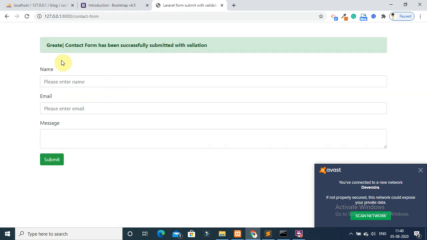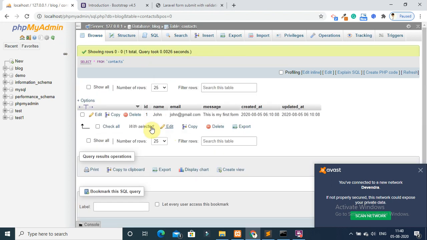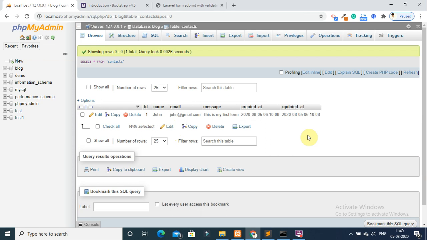Now you can see that great, contact form has been successfully submitted with validation. Now you can check your contact table. One row has been successfully inserted in your database.